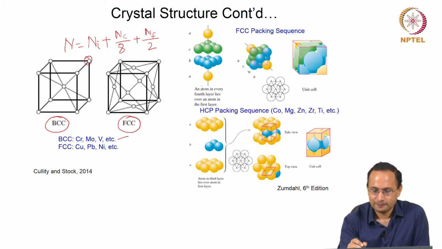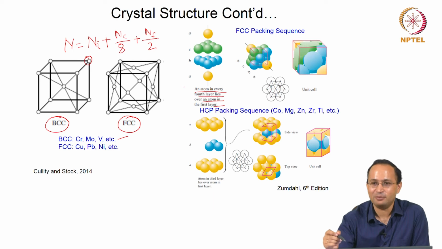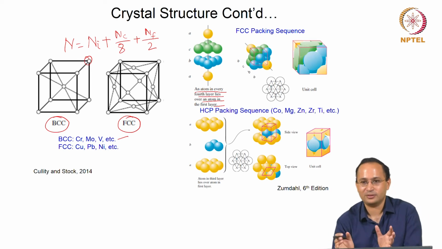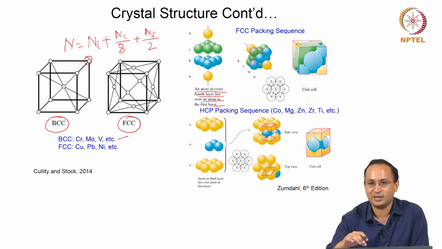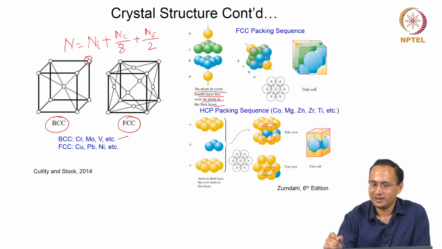So, here we see an atom in every fourth layer lies over the atom in the first layer. So, order is ABC, ABC, ABC. Think of it as, you have balls, the first layer of A. This is the simplification. You put these balls, then you put B, the second layer, which will be on the voids created by A, right. Then similarly you put C, on the voids created by B, but then A repeats. So, ABC, ABC, that is the order,